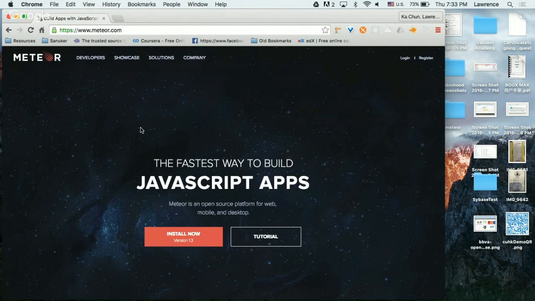Has anyone not downloaded the app for this class? We sent you an app for you to register. If you have downloaded the app, we wrote that in JavaScript as well. So I can tell you that you can actually release a mobile app using the same thing you're learning today.